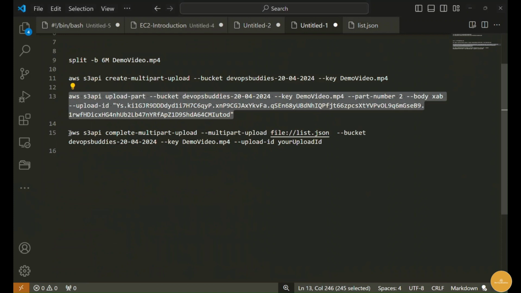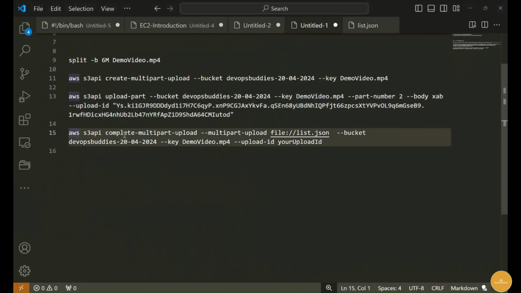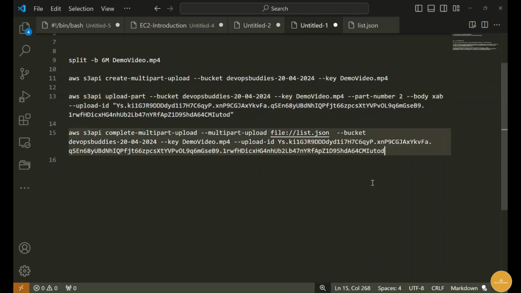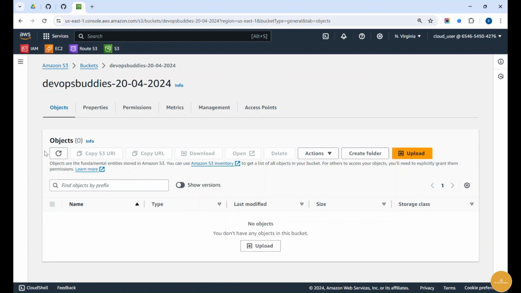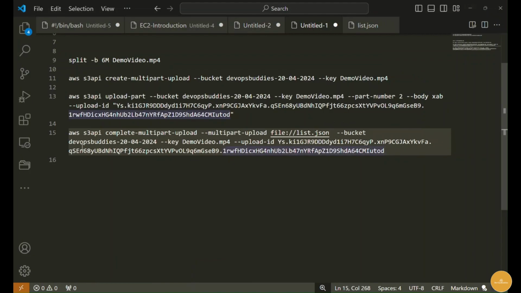Next, finally, we'll run the S3 API complete multipart upload, and right now our data is uploaded. So now this ID is important, the first one we generated, right? So just copy this now and paste this. So it's the S3 API complete multipart upload command followed by the upload file location, bucket name, key and ID. Before executing this command, we'll check whether any content is there or not here, because it's not showing here. Once we execute this last command,